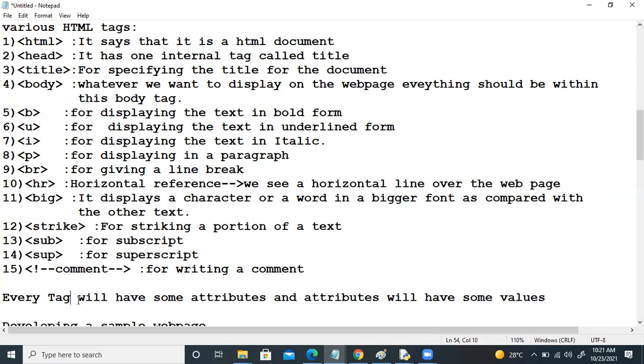Every tag will have some attributes, and attributes will have some values. For example,